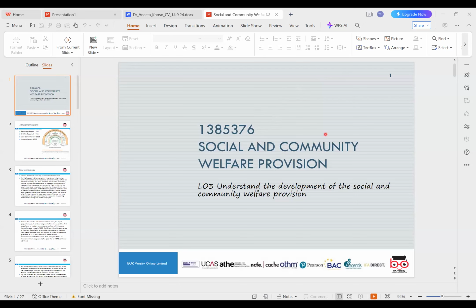Which includes your age, your sex, and constitutional factors. So all of these will have an impact on your health. It is important to understand these when we are talking about health. Health obviously is impacted by a number of factors, and some of these have been mentioned here in this report. So, some of the key terminology. What is welfare provision of community care and health social work?